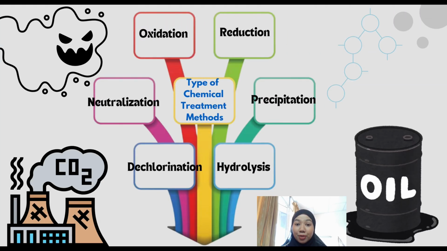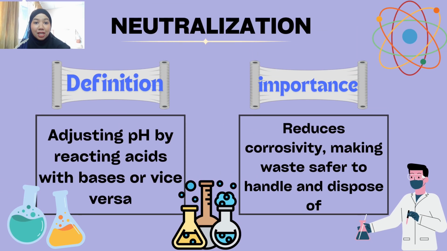So the types of chemical treatment methods are divided into six: neutralization, oxidation, reduction, precipitation, hydrolysis, and dechlorination. So let's start with neutralization. Neutralization is a process where the pH of hazardous waste is adjusted by reacting an acid with a base or vice versa. This method is vital because it reduces the corrosive nature of the waste, making it safer to handle, transport, and dispose of. By converting hazardous acidic or basic substances into neutral compounds, we can significantly lower their potential